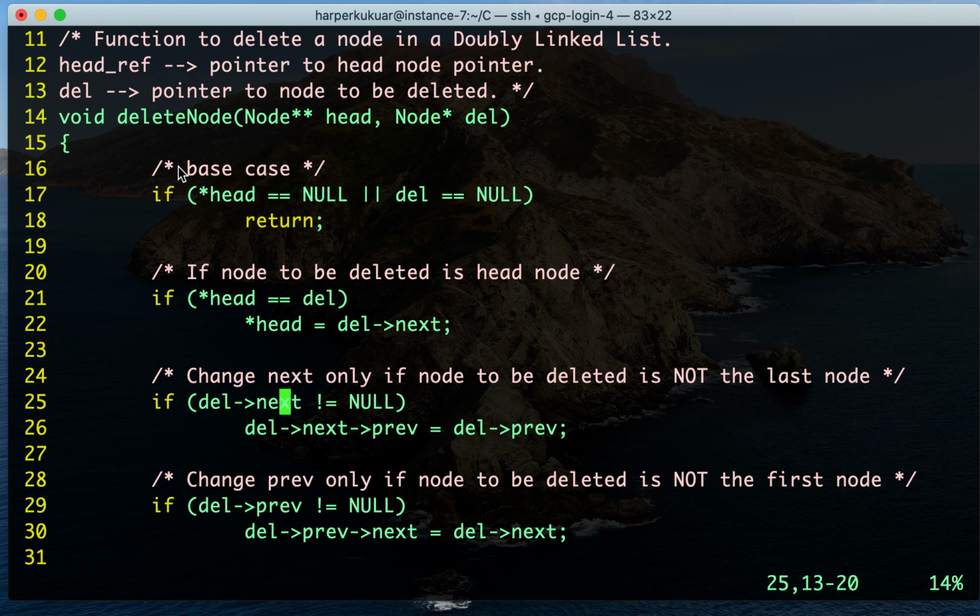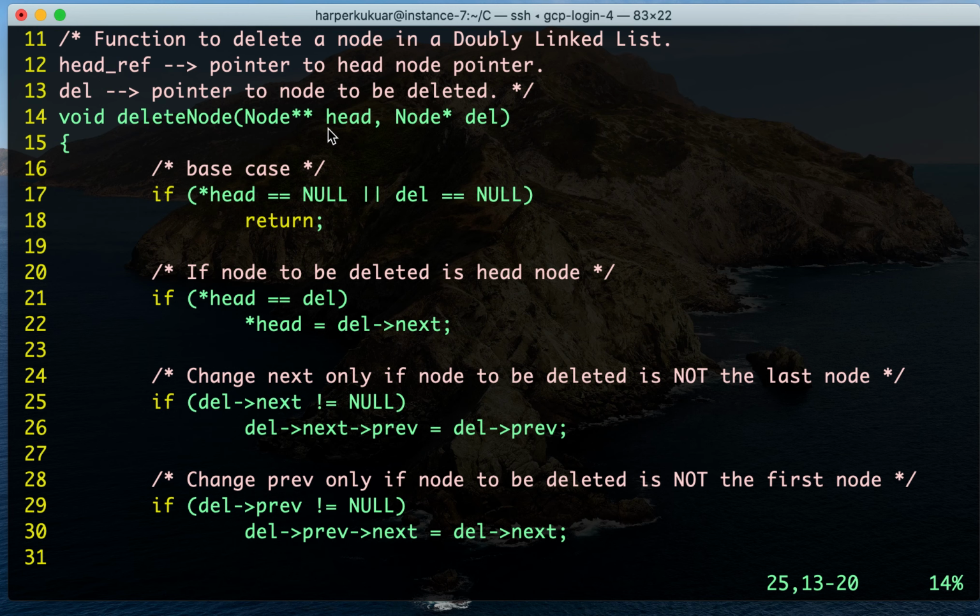So now you see the base case. The base case is if star head. First of all, before you start doing any kind of manipulation inside a function, you always have to make sure that you take care of the error conditions. Don't assume that your parameters are good parameters. So the first thing you say, which you could do pretty much with your eyes closed,